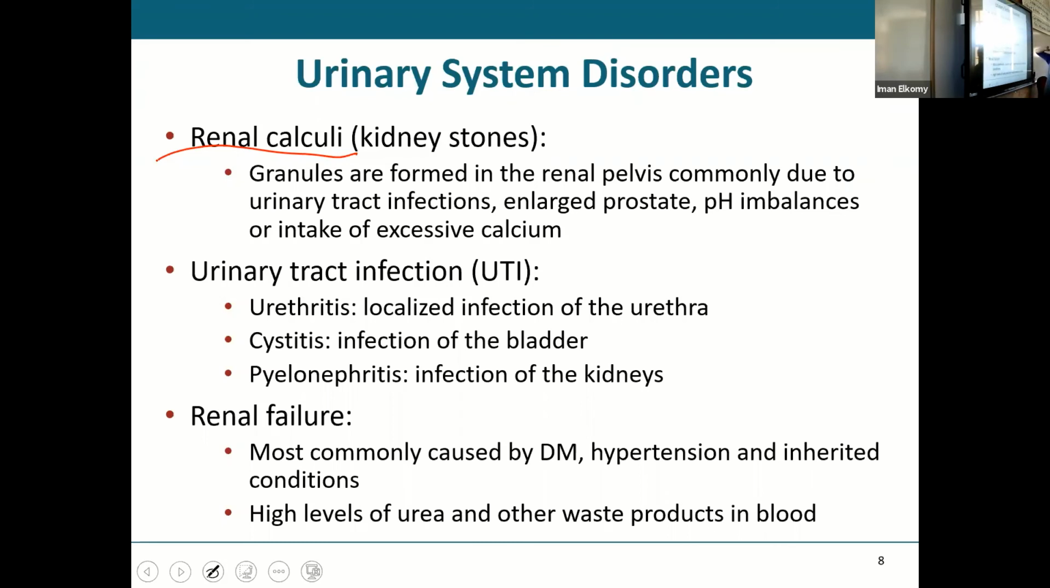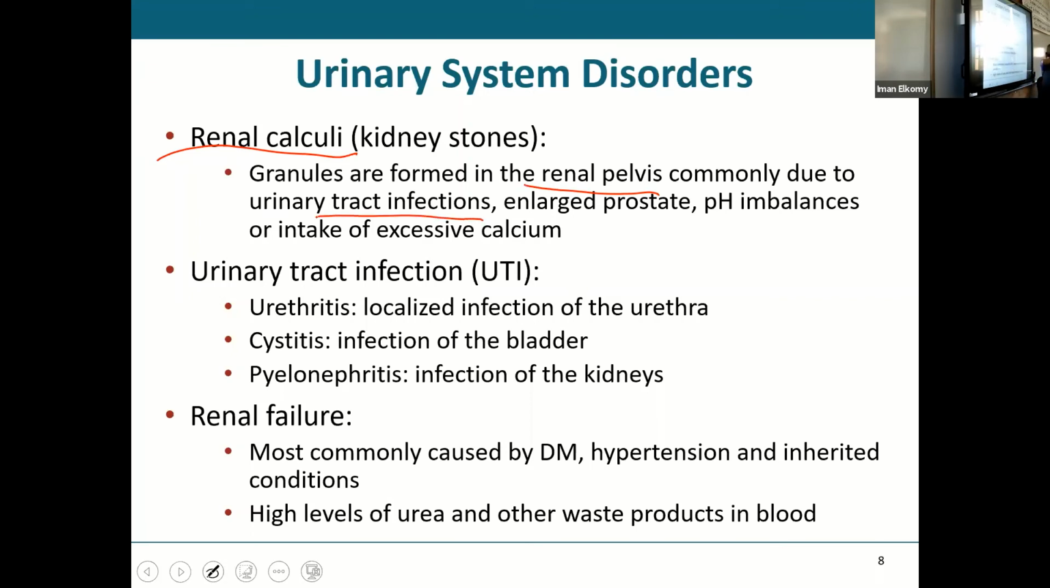So that's kind of what happens with our stones in the kidney. You'll have granules that form in the pelvis. Most of the time it's in the pelvis. It doesn't have to be in the pelvis. It really is just looking for an open space where it can be stagnant for a little bit. That's all it takes. And then a lot of times you'll see it in patients that have repeated urinary tract